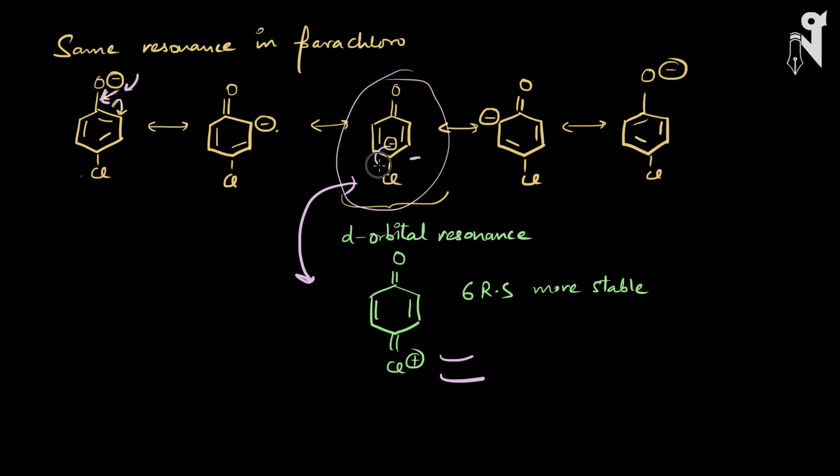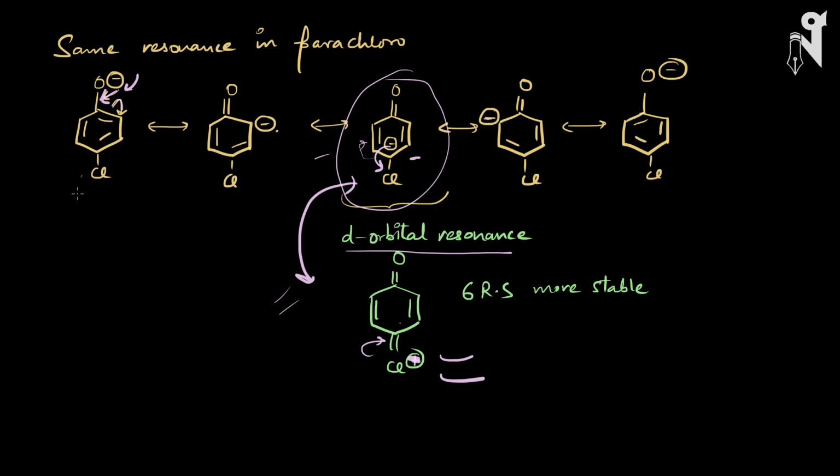Basically this negative charge will try to form a pi bond over here by pushing its electron density towards chlorine, and there will be a negative charge on chlorine. I think I have by mistake written a plus charge over here, just make it negative. So this is how your resonating structure will be. Then again, once this is back, the negative charge will come back to this, and chlorine will have its normal lone pair. So this will go to and fro between this structure and this structure. Due to the d orbital resonance, this one structure will also form. And then again, this negative charge can continue its resonance in the benzene, and the negative charge will come on the ortho position again.